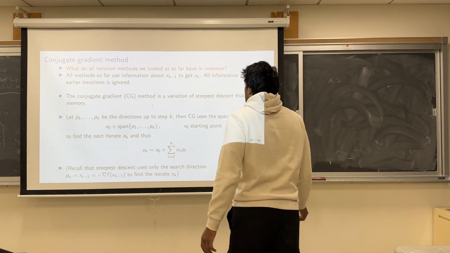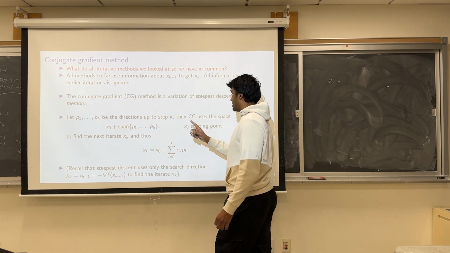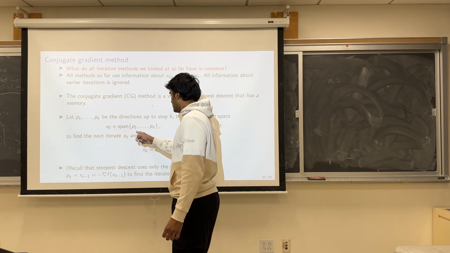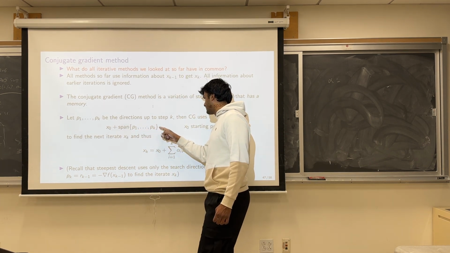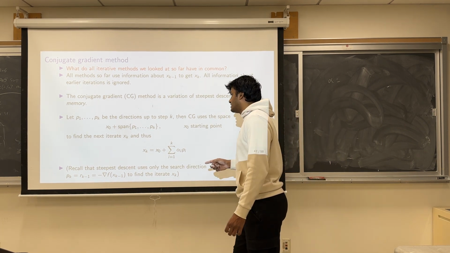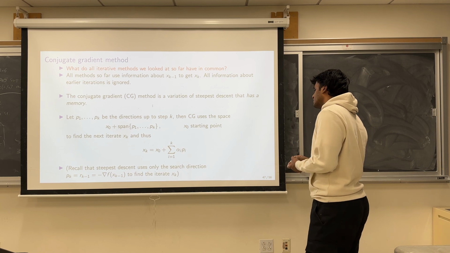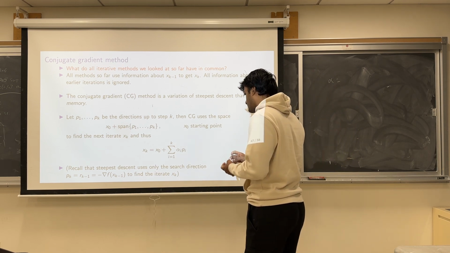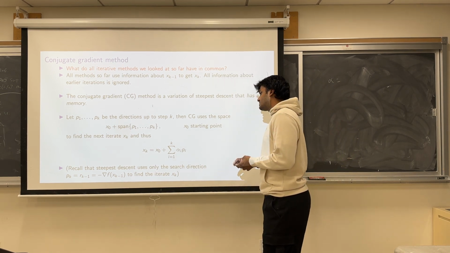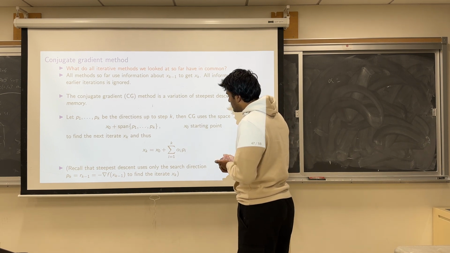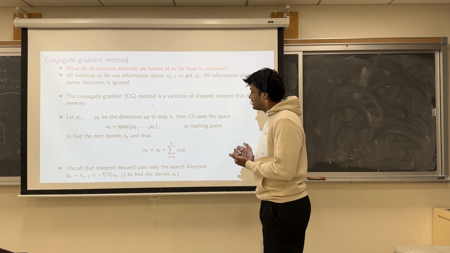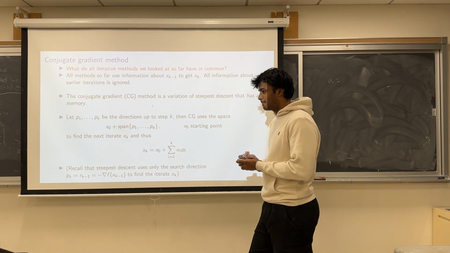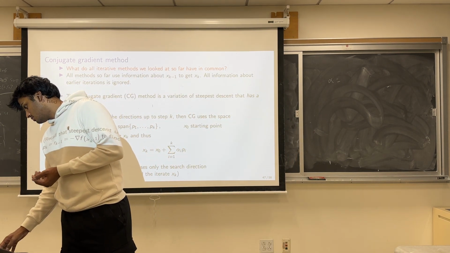So let P1 to Pk be the directions up to step k. Okay. Then CG uses the space x0 plus span of this to find the next iterate. Oh, so xk. And thus xk is x0 plus some constant combinations of these Pk. Okay. So it's like